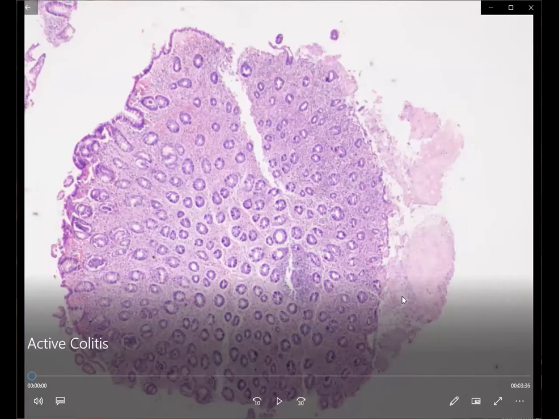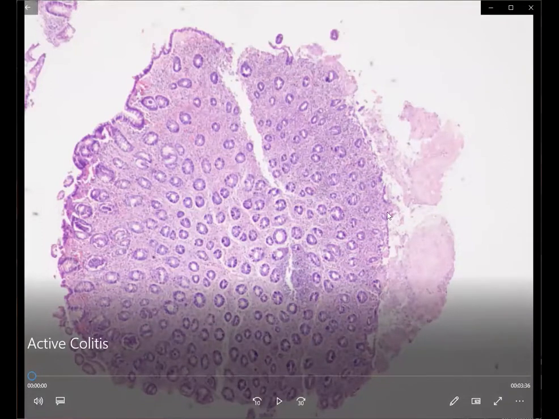So as we see here, these are bits from a colonic mucosa, and the thing that we are going to look for is the surface epithelium. So how is the surface epithelium? In this case here we could see that the surface epithelium is intact, whereas in this area we could see that it is being breached at certain places. Like here we could see a breach in the surface epithelium.